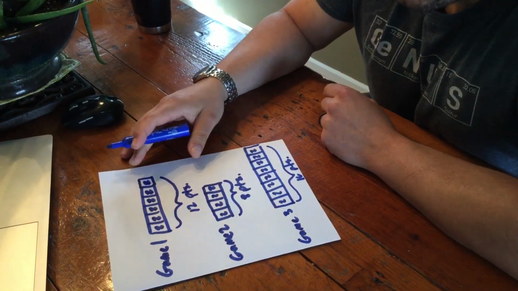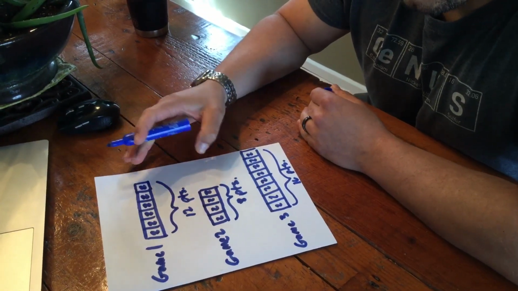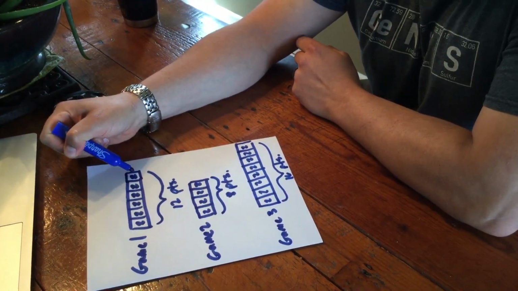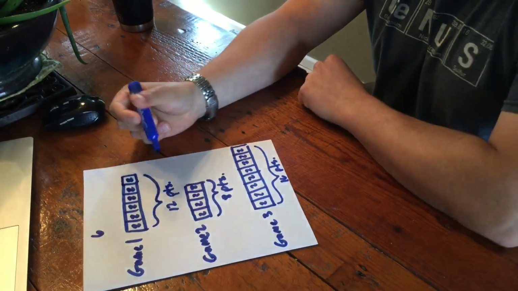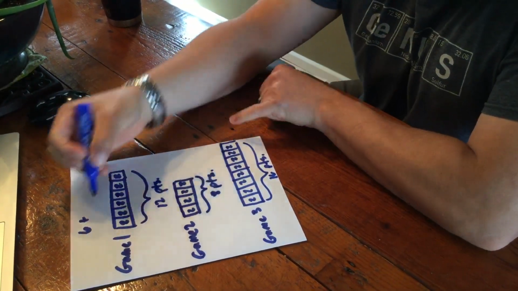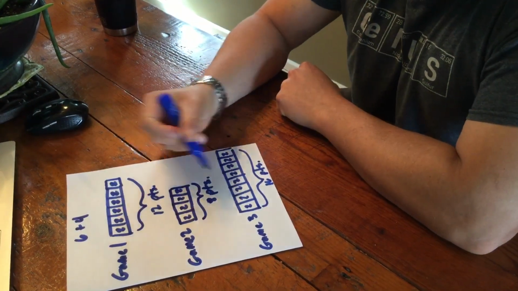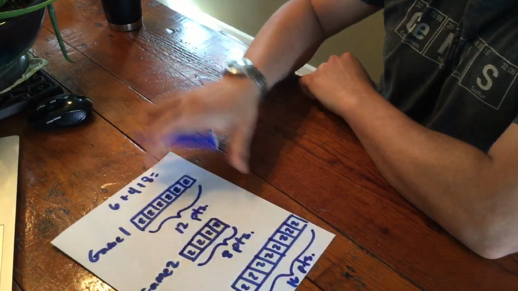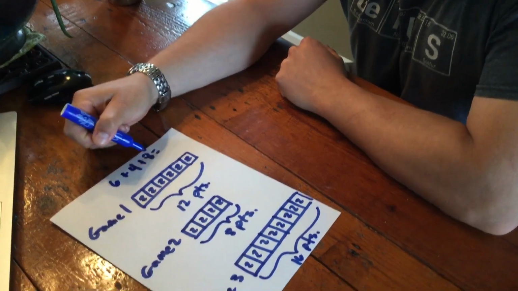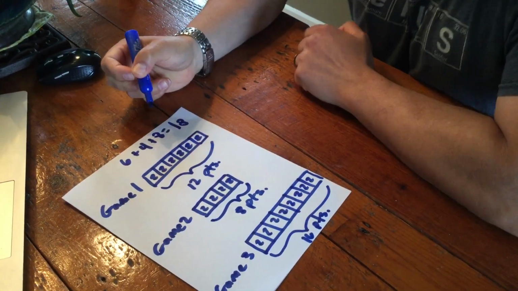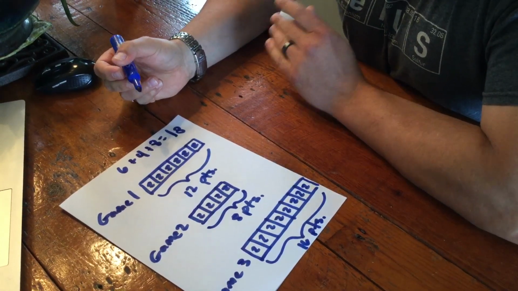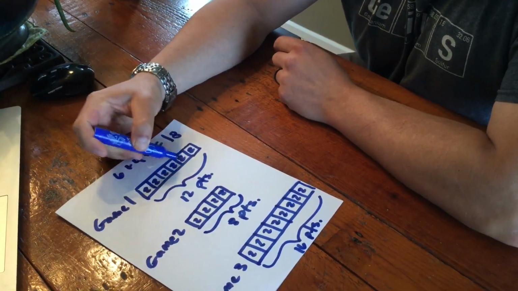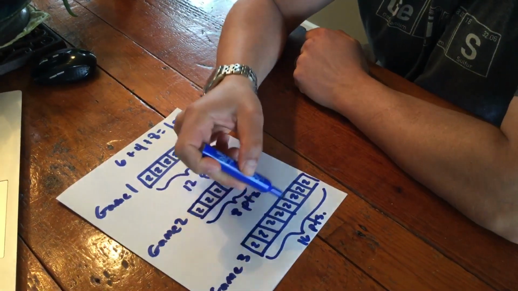Okay, so now what I need to figure out is how many total units of 2 does it take to represent the points she scored in all 3 games? Well, I know I've got 1, 2, 3, 4, 5, 6 units of 2 in game 1, plus another 1, 2, 3, 4 units of 2 in game 2, and 1, 2, 3, 4, 5, 6, 7, 8 units of 2 in game 3. And if I add together 6 plus 4, I get 10. 10 plus 8 equals 18 groups of 2. So I know that it will take a total of 18 groups of 2, and I can check my work by just counting 1, 2, 3, 4, 5, 6, 7, 8, 9, 10, 11, 12, 13, 14, 15, 16, 17,